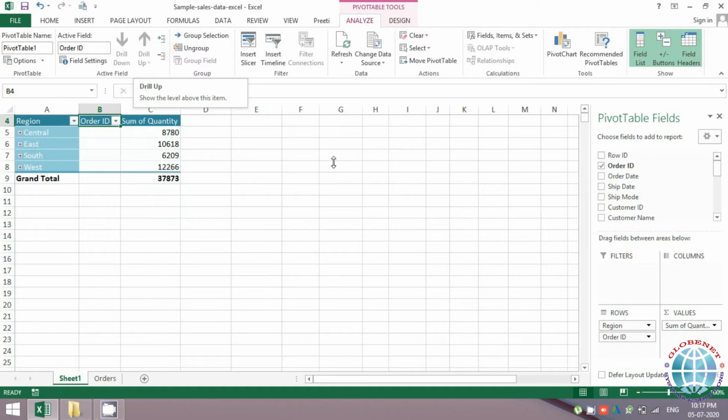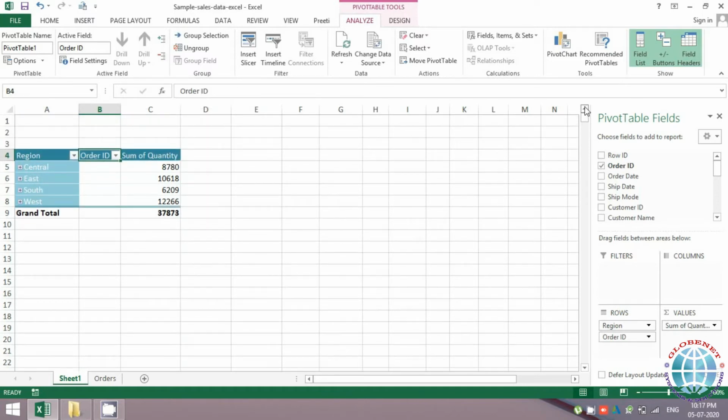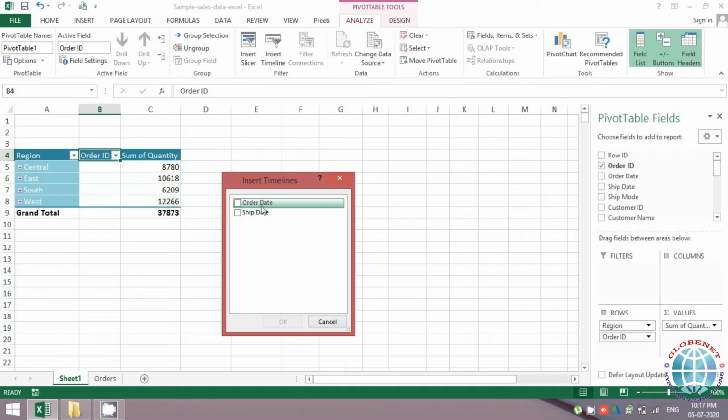Now there is a beautiful feature in Pivot wherein you can show the timeline. Okay, so you have a timeline feature. I have of course spoken about the filters, but that is just simple filters. The timeline also does a similar thing, but ideally it will work on date columns. If you have a date column, then only it will work on it. You click on this timeline option and you get all the date fields in this. If it is a proper date format, then only it will be shown.